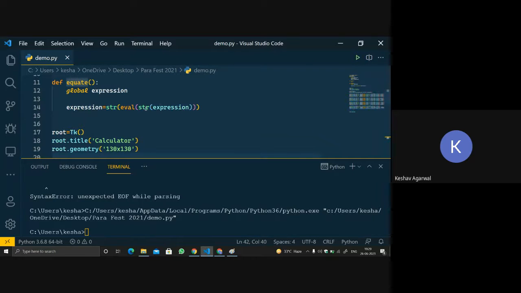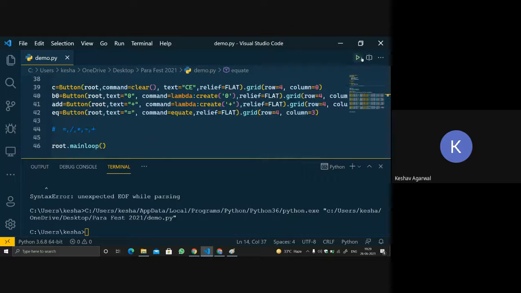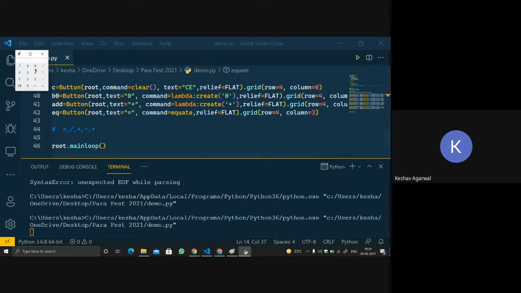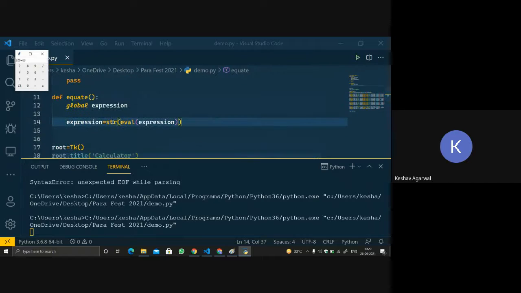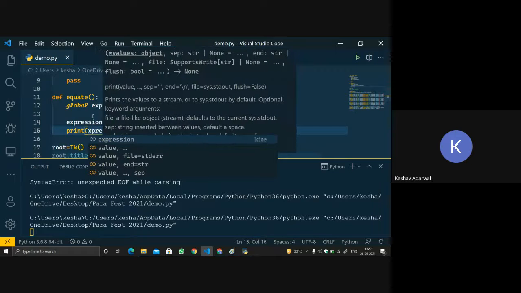So now I think it's fine. Let's remove it and then just again run the code. It did not give an error. So 320 plus 63. Before that, let's print expression.